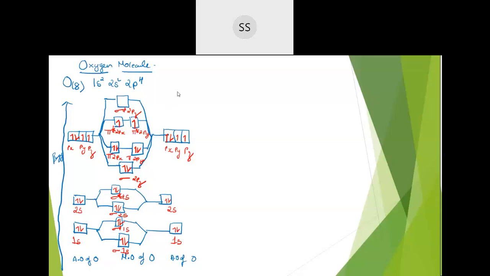Now you write the necessary things what they will ask you. Okay, one is the bond order. You need to calculate the bond order. Can you tell me how much is the bond order you have got now here? See, one more easy thing is, the easiest thing what we can do is to calculate the bond order.